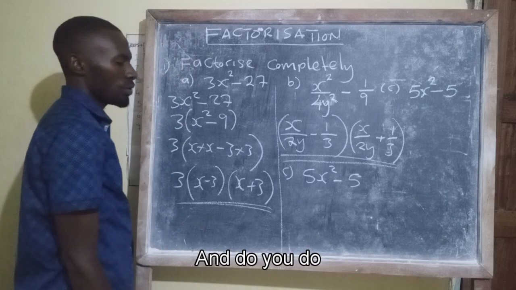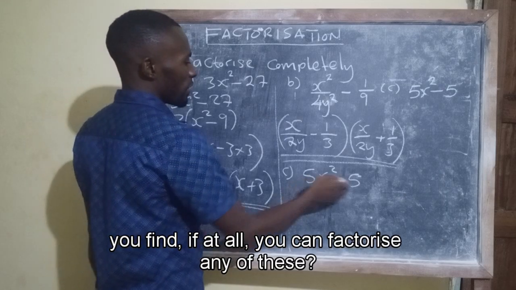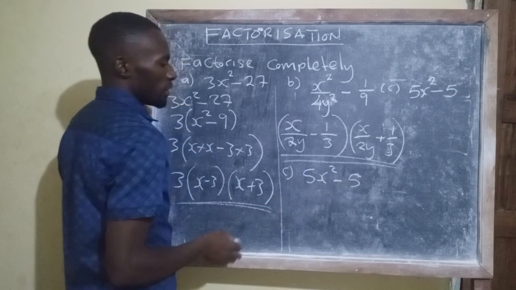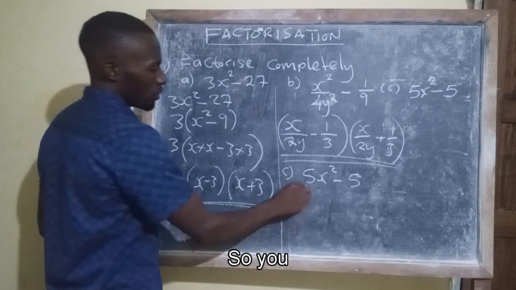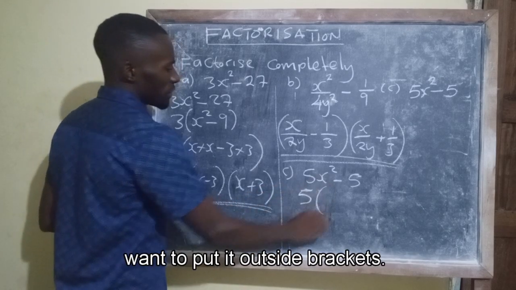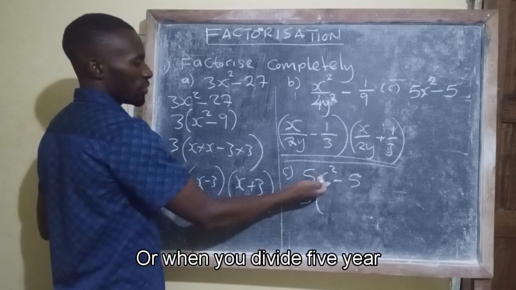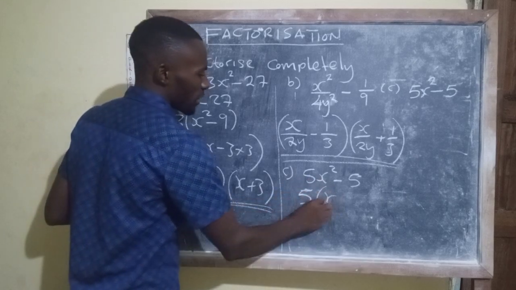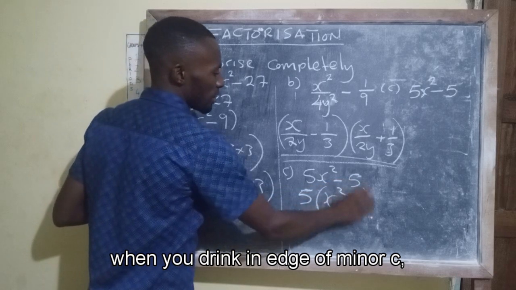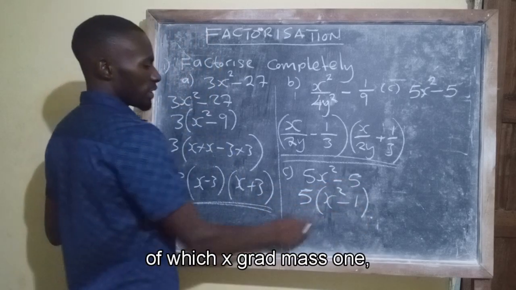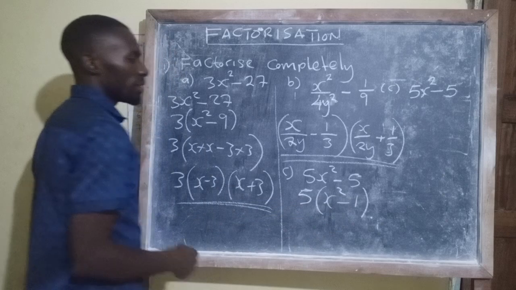So what do you do? You find if you can factorize any of these. 5, it's possible that you can factorize it. So you put it outside the brackets. When you divide 5 there, you remain with x squared. When you divide it there, it will be minus 1, so x squared minus 1,